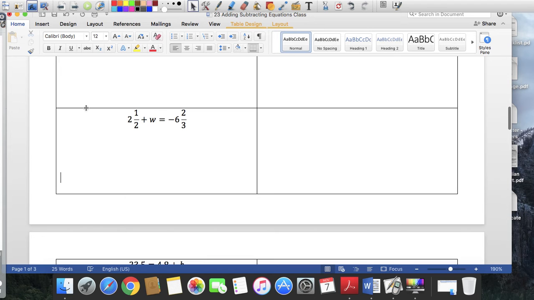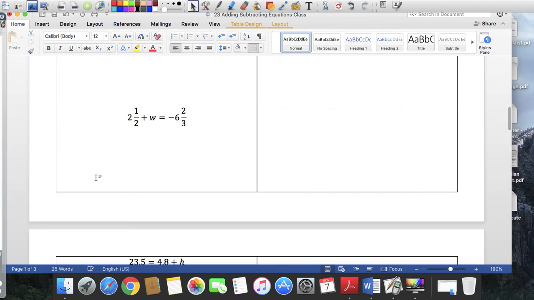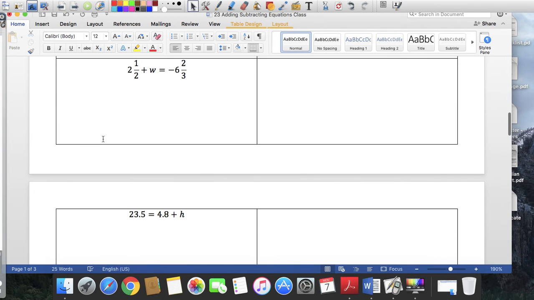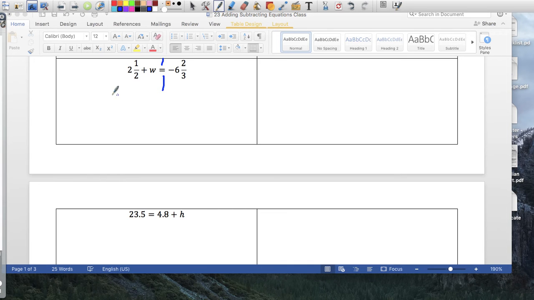Let me pull this up. So here, again, this imaginary line just serves as a separator between the left and the right side. So we have to do, this is a positive, right? Plus 2.5. So we're going to do minus 2.5 and minus 2.5 over here. These two become 0. That comes down as plus W, or just W equals,